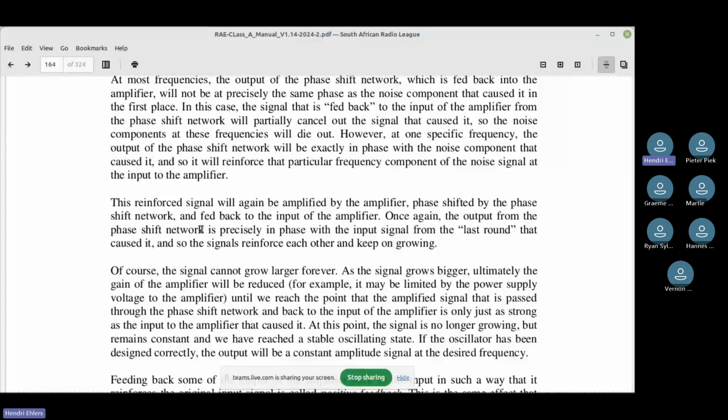What it basically means is that the fact that it's in phase makes it grow bigger and bigger, gets amplified, and it grows larger and larger, and then eventually that becomes the desired signal, and that oscillator will eventually get to a stable state where it's continuously oscillating at a specific frequency.